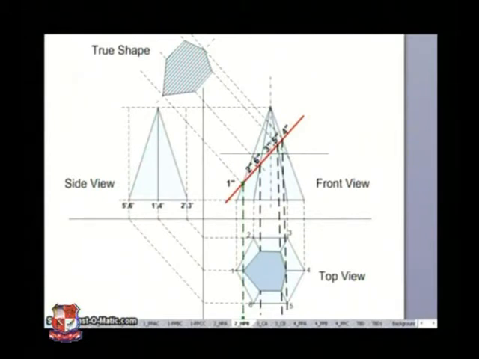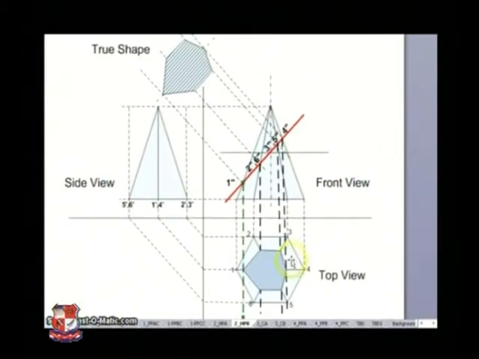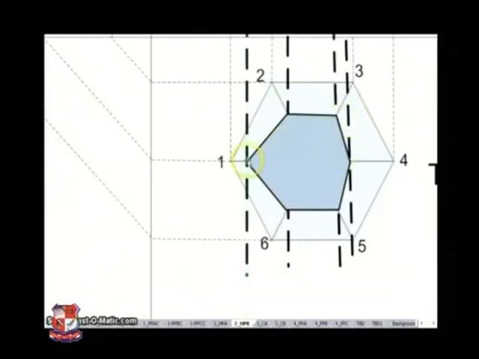so now if you look here, those lines are hitting here at 4, 3 and 5, 2 and 6, and 1. Okay, so if I zoom in here, then once you have these points 1, 2, 3, 4, 5 and 6, you just connect these lines, and this will give you the top view after the cutting plane cuts the hexagon pyramid. Okay, so if I zoom out back again,